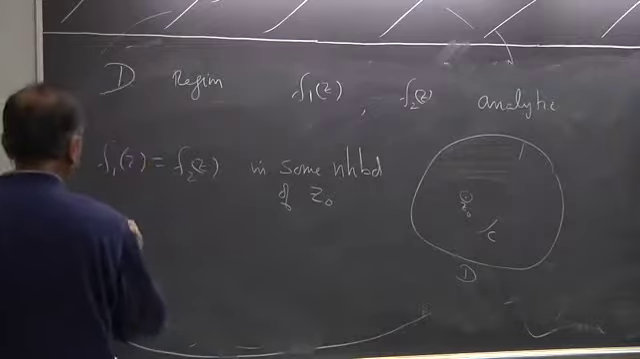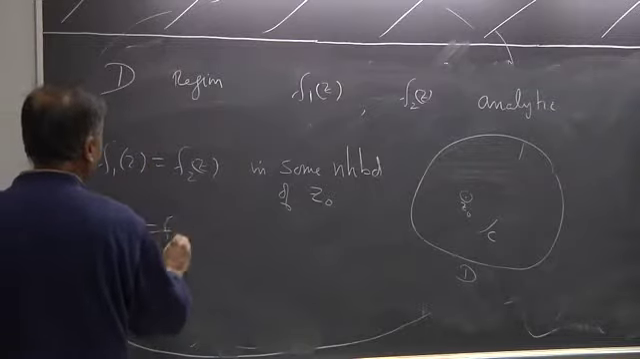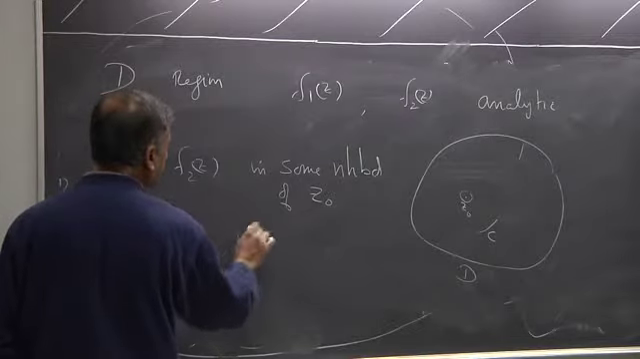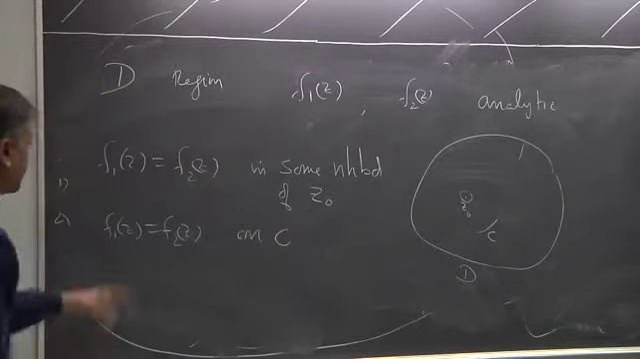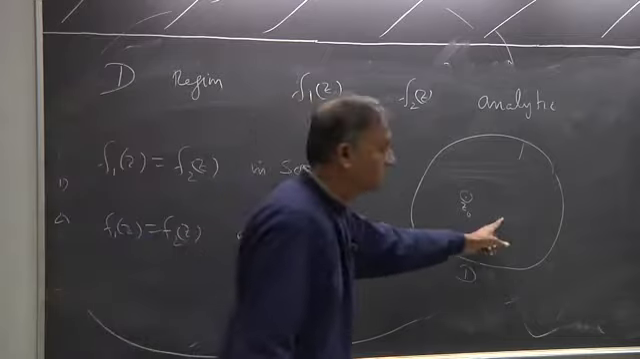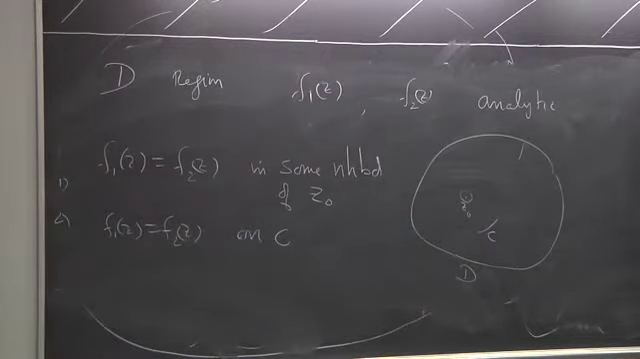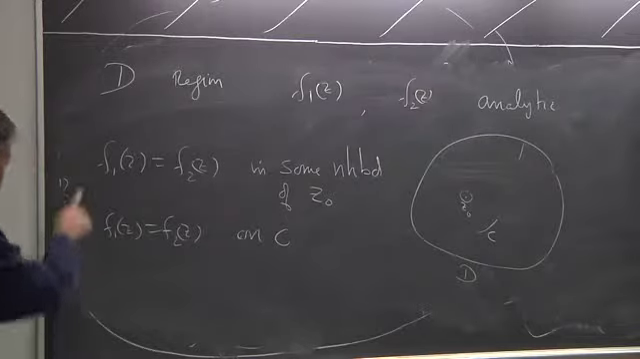Suppose f1(z) is equal to f2(z) on C. So whenever z is a point on this curve C, these two functions are equal. Or even more general than this,